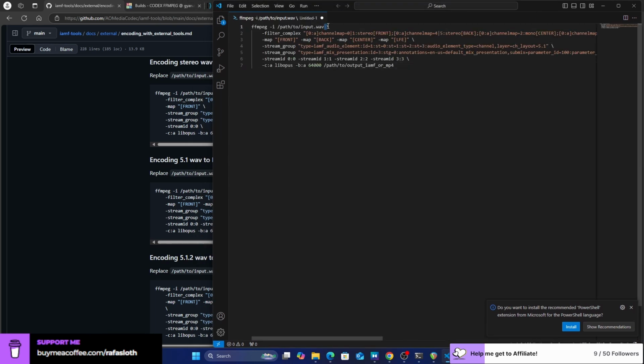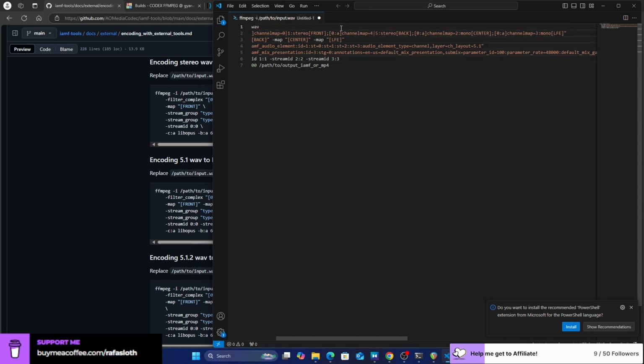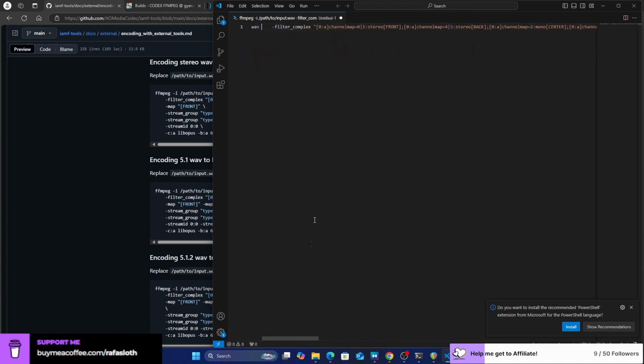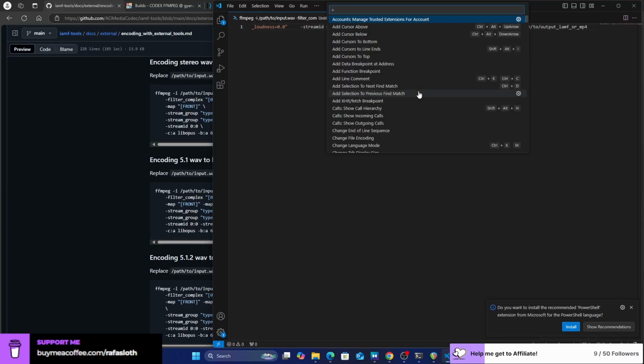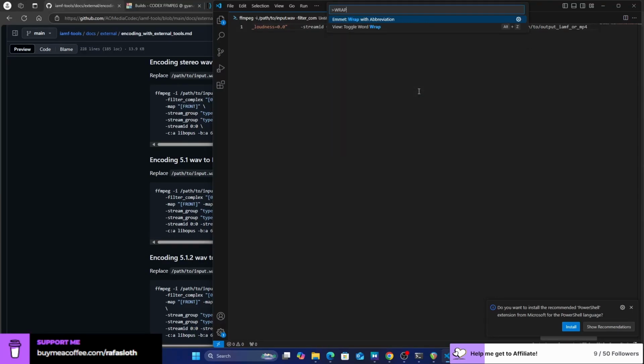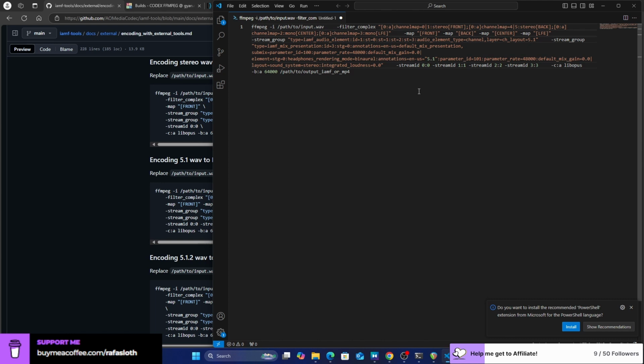I'm gonna select all of the backslashes and remove them and the new lines. So I am left with this giant one line command, and I'm gonna actually disable word wrap.